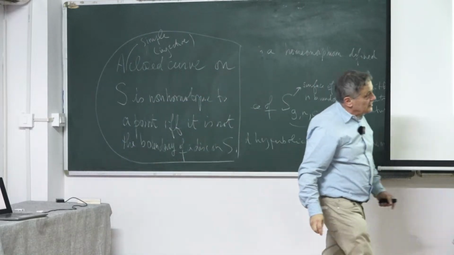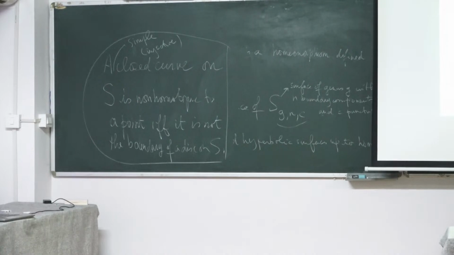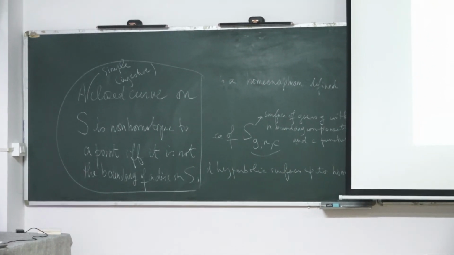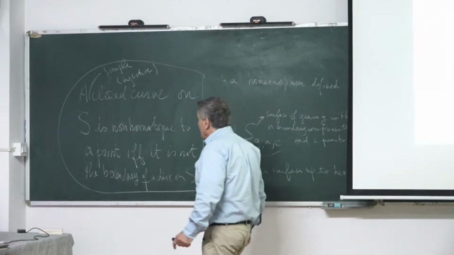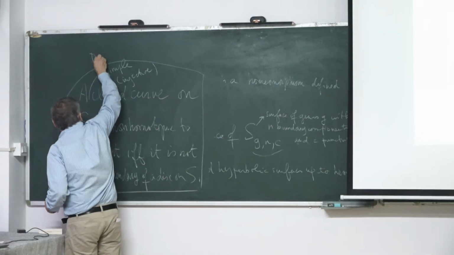So here, for instance, I told you that this curve I'm not interested in because it's the boundary of a disk. Right? This theorem is a difficult theorem. I told you this is the first theorem I learned when I started studying surfaces. This is one of the 2 or 3 results which are in a paper by David Epstein